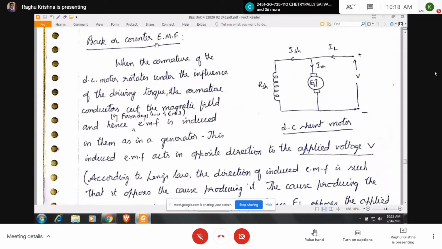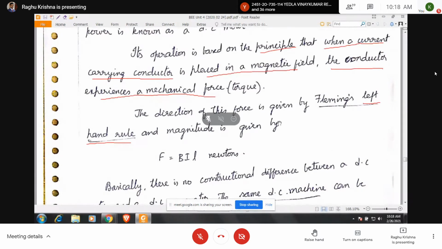Why does back EMF occur? When the armature of a DC motor rotates under the influence of driving torque, you know that the principle of the motor is: when a current carrying conductor is placed in a magnetic field, the conductor experiences a mechanical force,